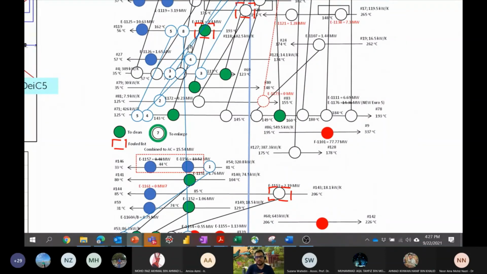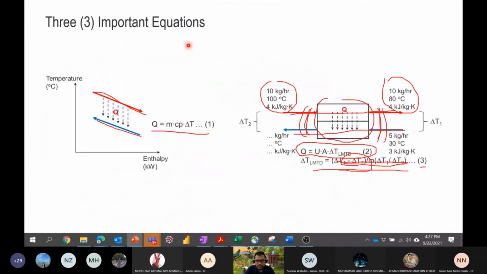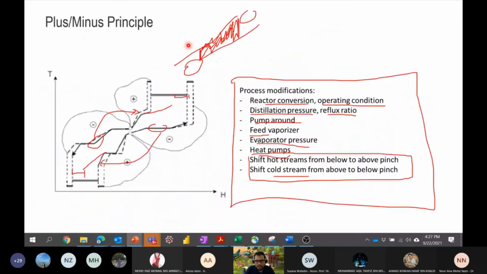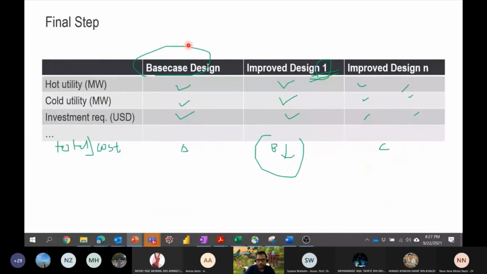So we have different options. So in the end, I think we can also make a combination of option 1 plus option 2 and so on and so forth. So we have dozens of options in the end, where we can then calculate the cost functions. So in the end, we could generate dozens of these tables, and then we can say to them, okay, we have our base case designs, and then for a little bit of investment, for example, option 1, maybe, we can therefore have improvement of this number. So if we want to pay a little bit more for the capex, we have another improvement,